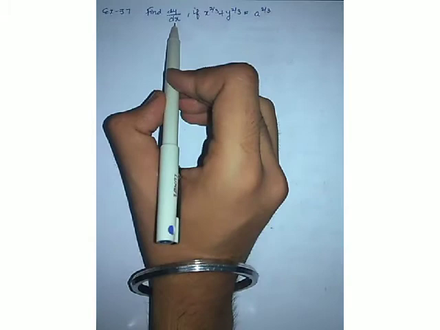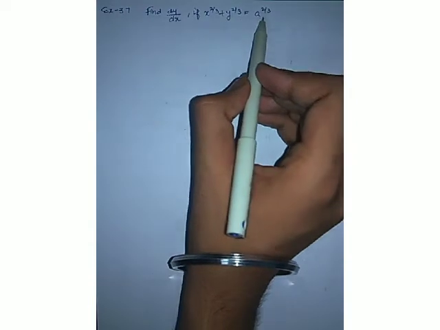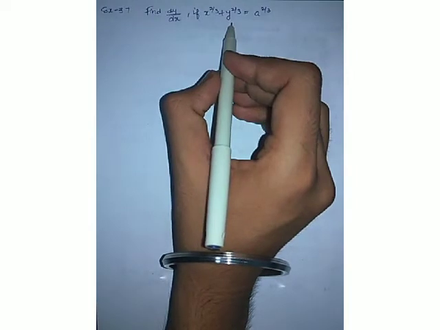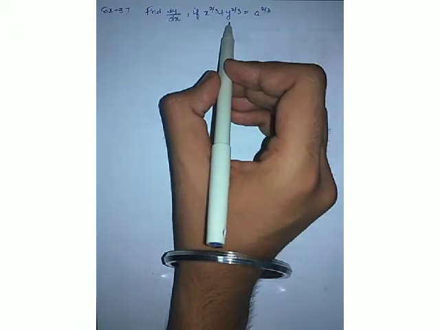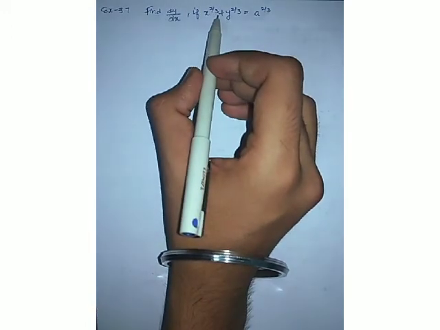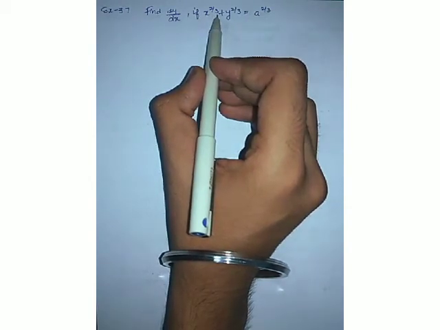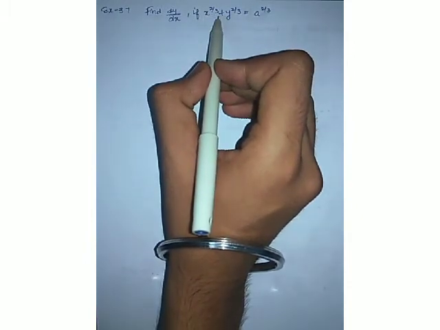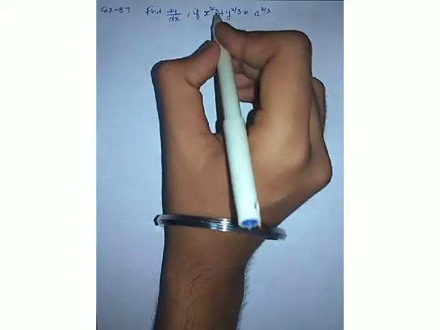I have already written example 37. We have to find dy upon dx, and the equation is given: x raised to power 2 upon 3 plus y raised to power 2 upon 3 is equal to a raised to power 2 upon 3. Now in my previous videos, we have learned the logarithmic differentiation concept, and most of you must be thinking that now we will apply logarithmic differentiation. But let me tell you, that was to be applied where a variable is the power of a variable, or a variable is the power of a constant. But in this sum, there is a constant as a power of a variable, and it's a very common thing. That is why we'll not apply logarithmic differentiation. It can only be solved by parametric form.